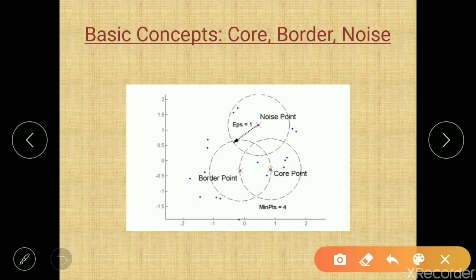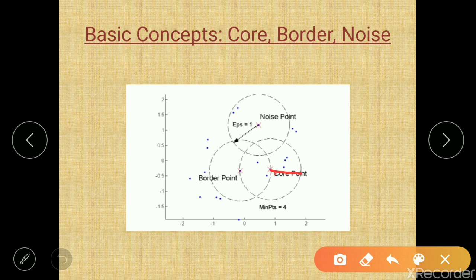If a point is a core point, what condition should it satisfy? It should be within the epsilon value, and it should contain how many points? At least 4. Count the number of points in that circle: 1, 2, 3, 4, 5. Yes, it is satisfying. So this point is a core point.